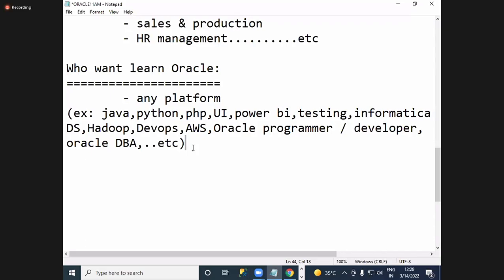Because it has its own technology, its own software, its own languages, its own syntaxes, its own specifications, its own rules and conditions. So don't compare with the other languages. And one more thing, so many students are comparing. Sir, in Java, it will happen like this, why not in database? Somebody is asking.